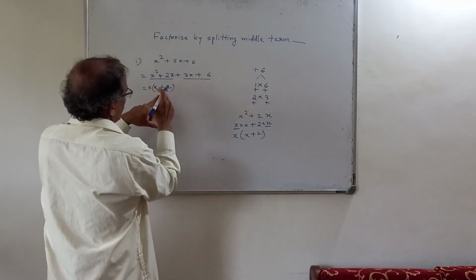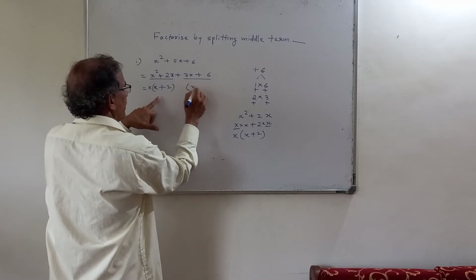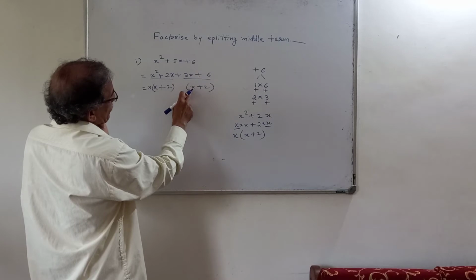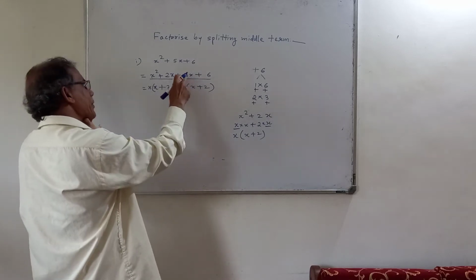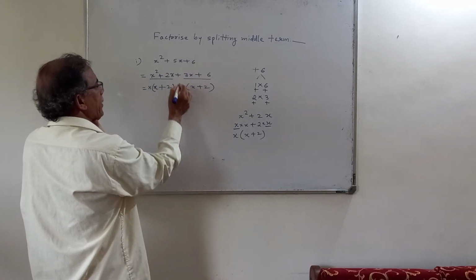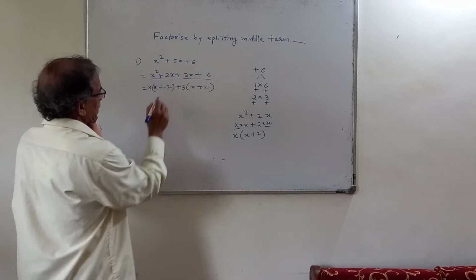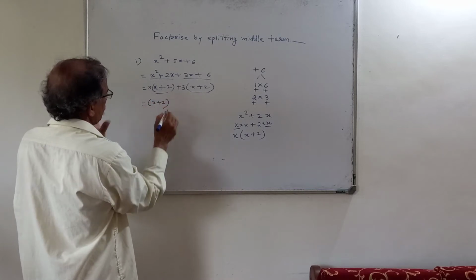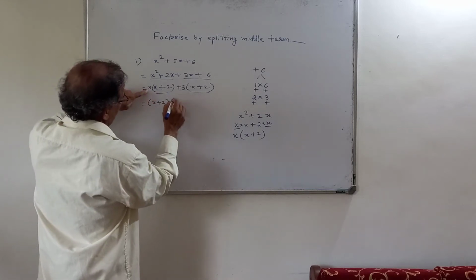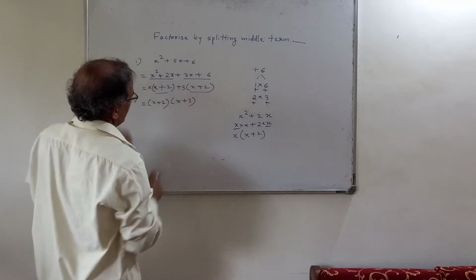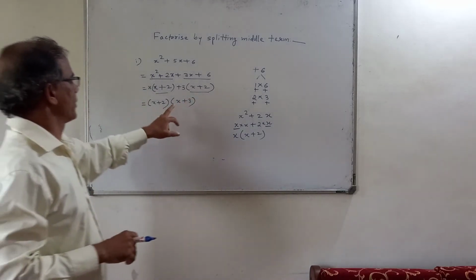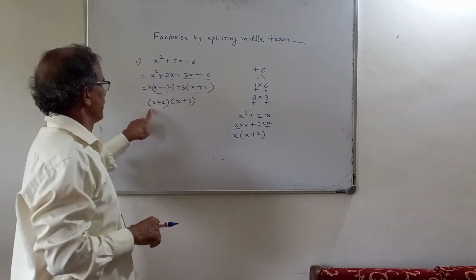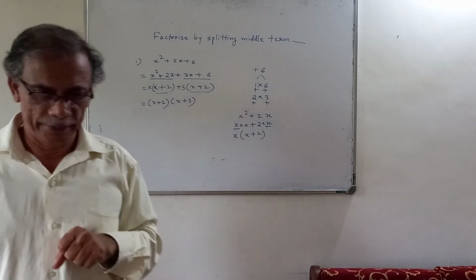Whatever bracket is common in the first bracket, you should write in the second bracket immediately. Now this x is common from these 3x. So x into how much will give you 3x? X into 3. So put here 3 and this plus sign. Now this is one common bracket. Write that first, x plus 2. And x and plus 3 here, you write that in the second bracket. Now you see, x plus 2 into x plus 3. Now here the multiplication sign comes. So we have written the factors of this polynomial.